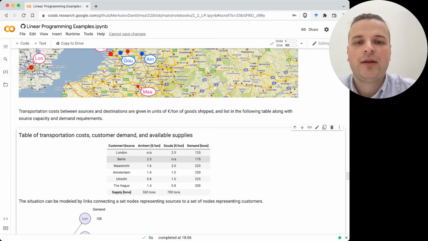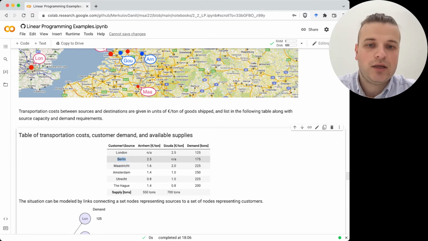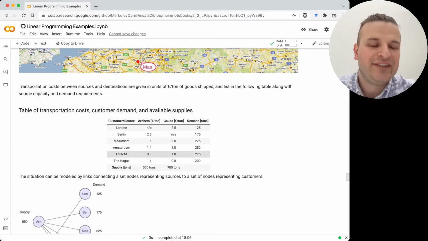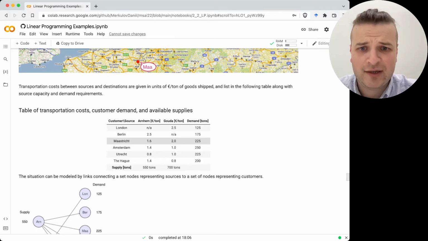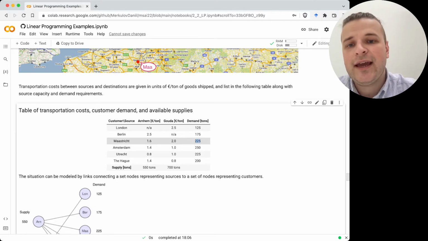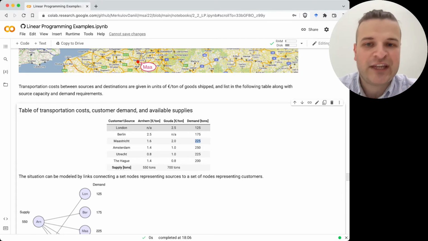For example, Berlin needs 175 tons of this thing. Maastricht wants this amount of tons. And here are the prices of transportation from